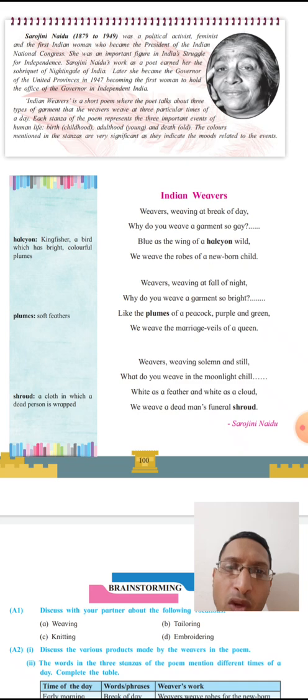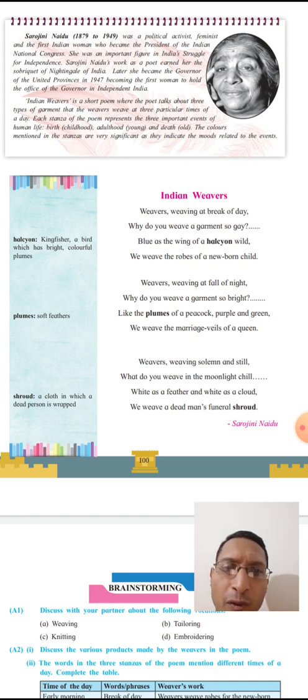In the second stanza, weavers weaving at the fall of a night means at the time of afternoon or early evening. Weavers weaving at fall of a night. Why do you weave a garment so bright? Now, the youth is very bright, because in youth we are studying, we are earning money, and there are so many things. We enjoy our life as we are youth. We get married after some time in youth, and those days of youth are so bright, and that's why the poet is asking why do you weave a garment so bright,